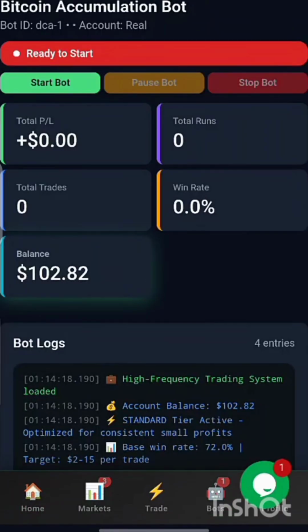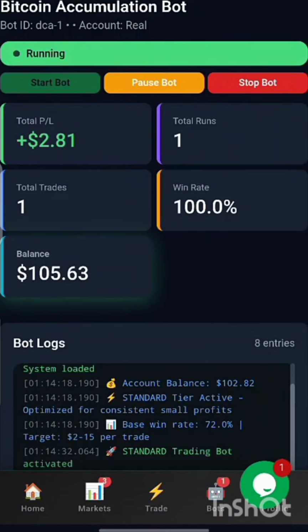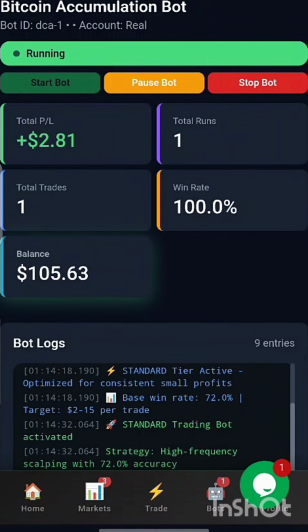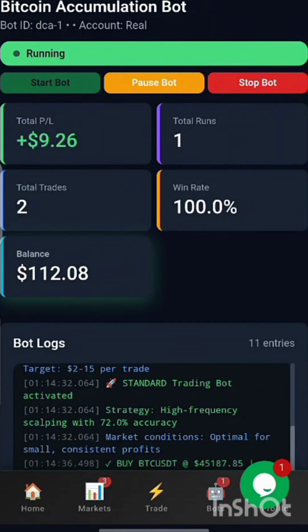Once you have clicked it, this particular bot goes ahead to start trading. You can start once you have purchased this bot or gained access to it. You can just start with as low as 20 USDT. Okay, so this is it. The bot has actually started trading. You can see that. Once the bot has traded for a little bit, I'm going to allow it to